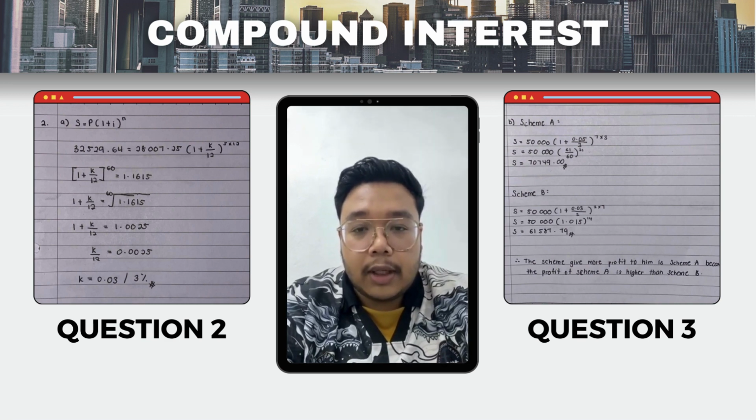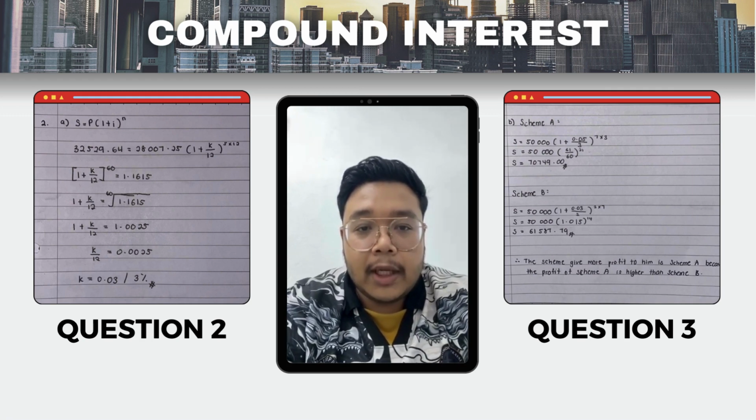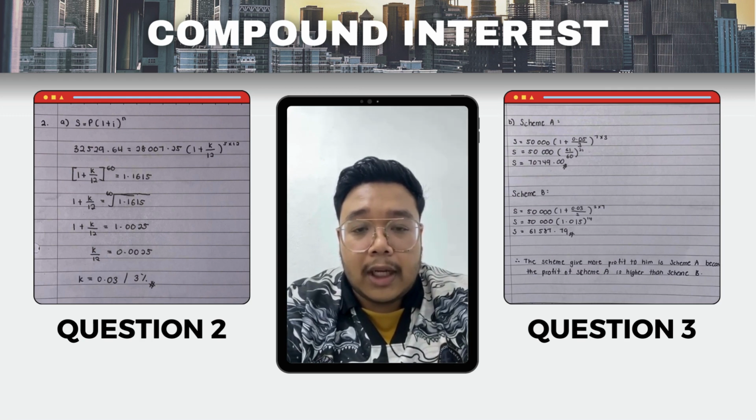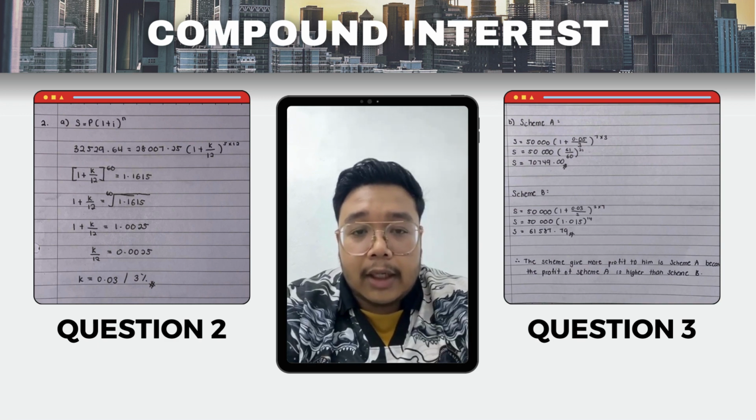For question 2A, we use the formula S equals P bracket 1 plus i bracket to the power of n. S is 32,529.64, equal to P, which is 28,007.25, bracket 1 plus K over 12 bracket to the power of 5 times 12. Bracket 1 plus K over 12 bracket to the power of 60 equals